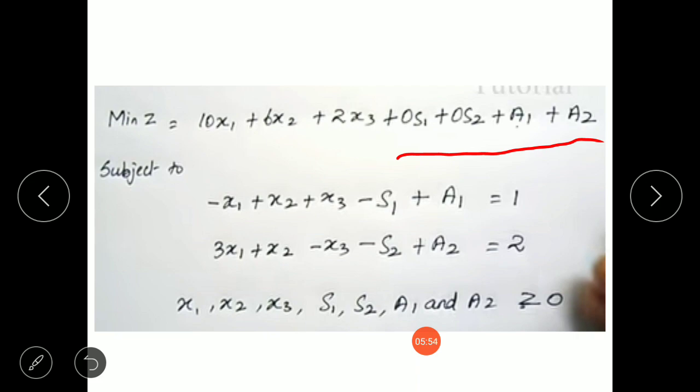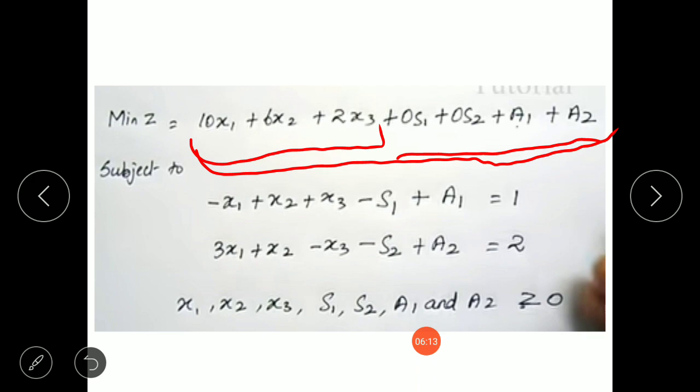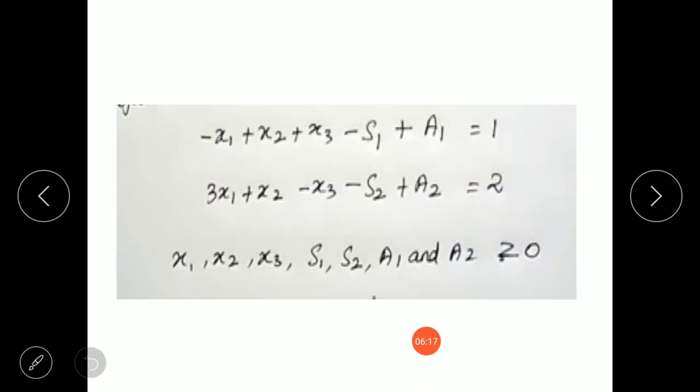My initial objective function was 10x1 plus 6x2 plus 2x3. After introducing the surplus and artificial variables, it becomes 10x1 plus 6x2 plus 2x3 plus 0s1 plus 0s2 plus a1 plus a2. And these are the constraint equations.